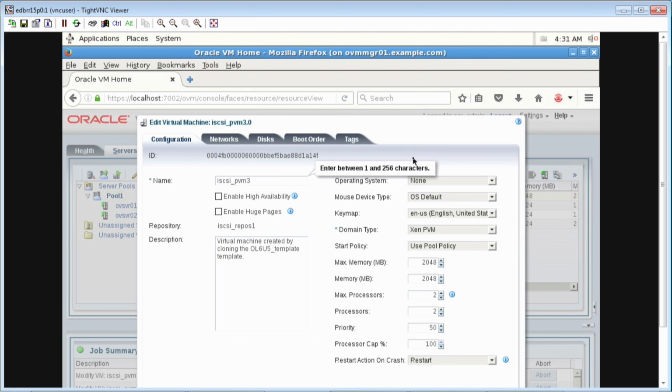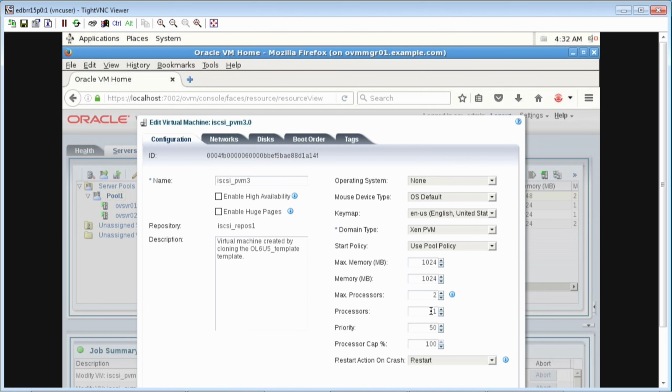We remove the .0. We set the memory to 1024 megabytes. We set the maximum memory to 1024 megabytes. We set processors to 1,